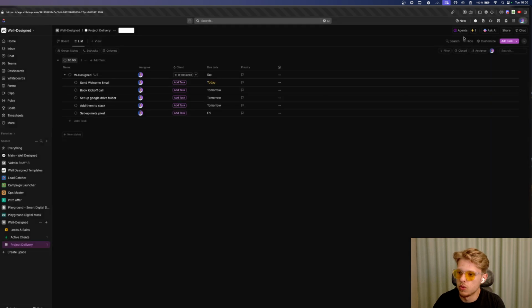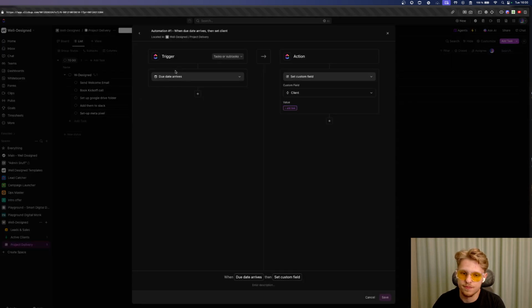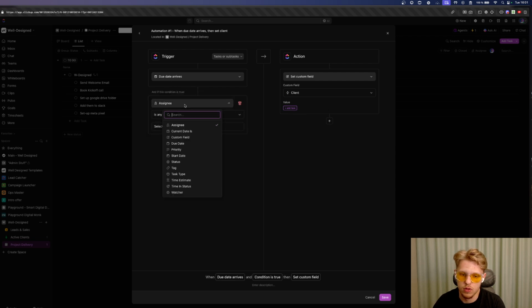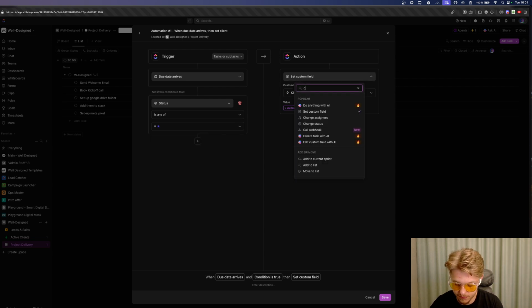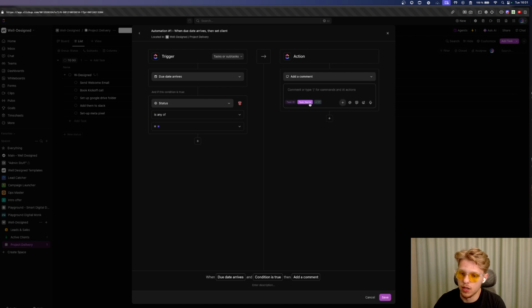So in this case, we're going to create another automation like this. Due date arrives, and if status is any of not started and active, right? And then we're going to comment. We're going to tag the assignee saying, hey, get this done ASAP, due date is passed, and we're going to move the task, change status to,